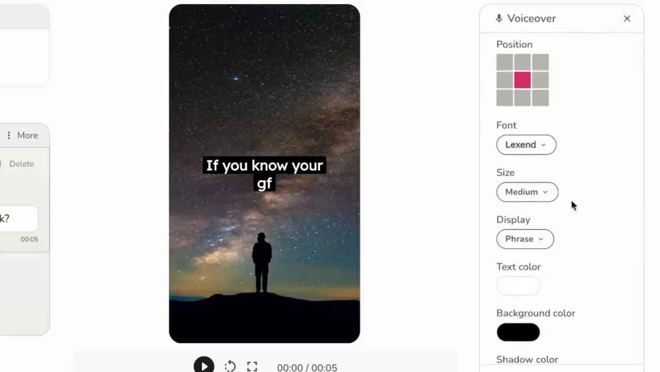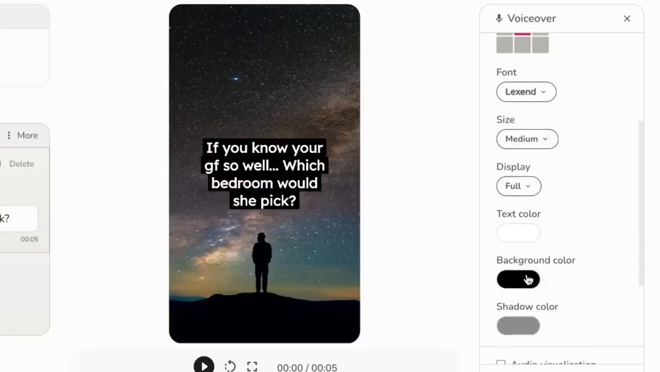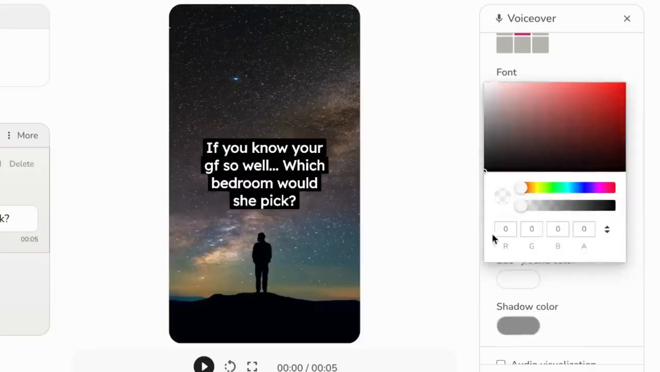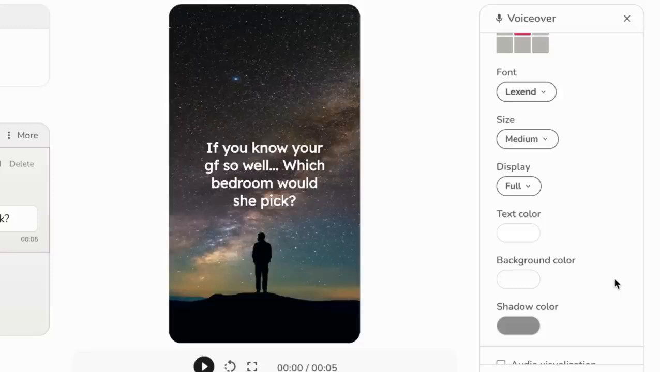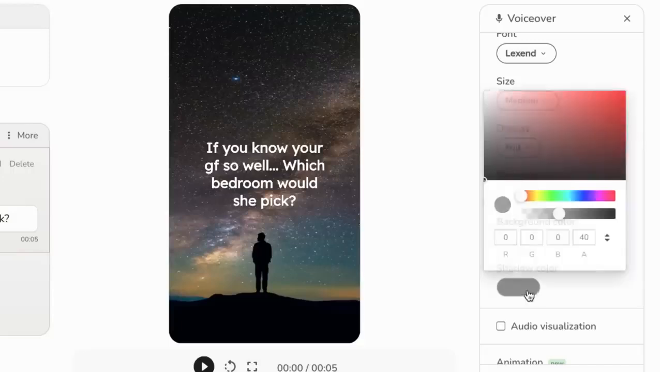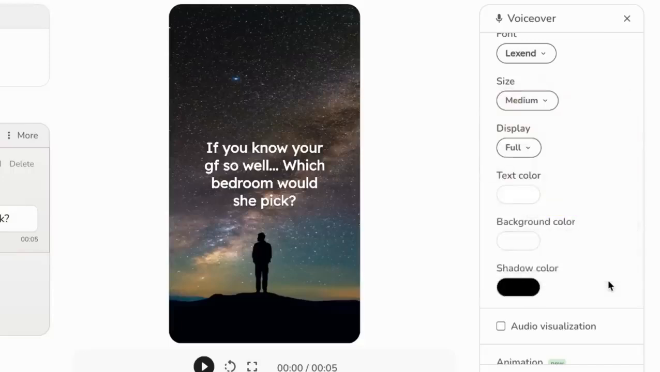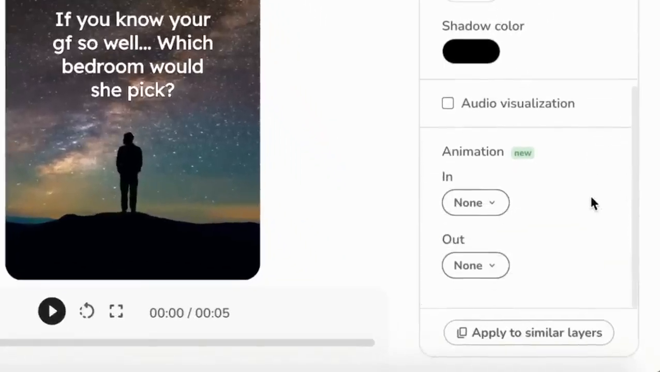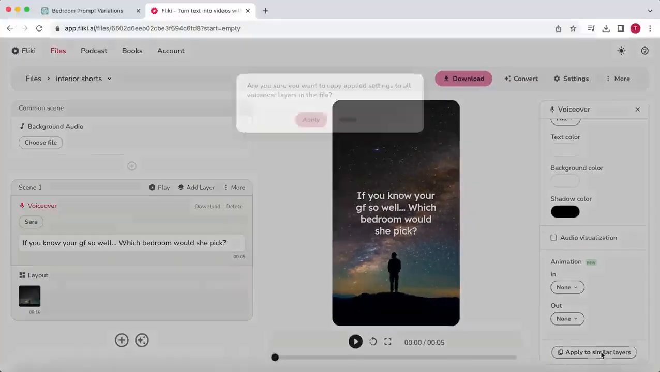I'll set the display to full to make all the text visible, and remove the background color by sliding the opacity to the left. However, I do want a clear shadow effect to enhance the text readability, so I'll slide the opacity of the shadow all the way to the right. Now I'll then select Apply to similar layers, so that these settings are also applied to the rest of the